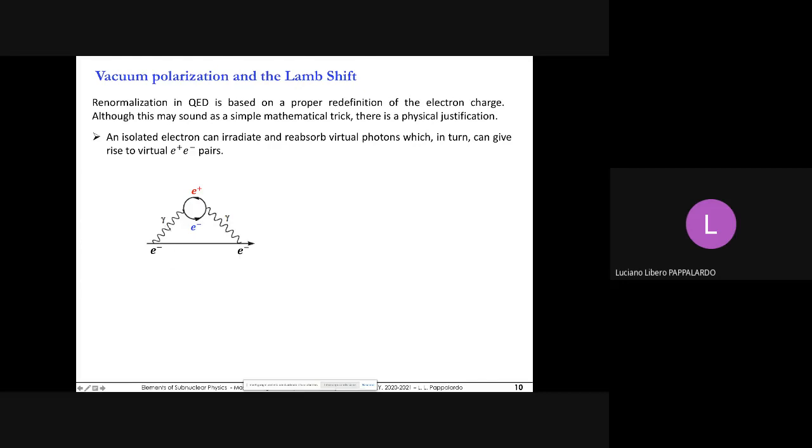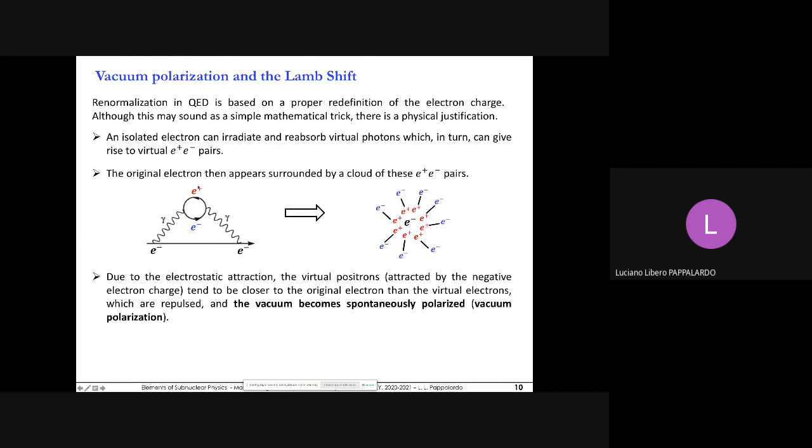And then you can also emit other photons in other directions. And so the net result is that essentially your electron will be surrounded by e+ e- pairs. And this, of course, fluctuates over time because this happens in the time allowed by the uncertainty principle. So you create, you destroy, you create, you destroy. Overall, it turns out that on average, your electron will be surrounded by e+ e- pairs,